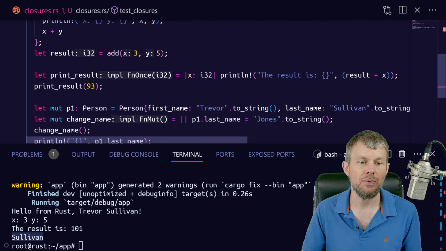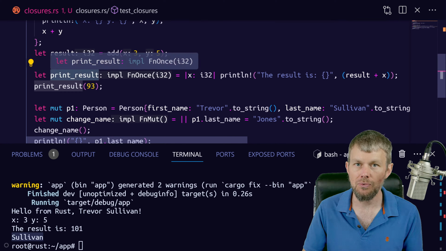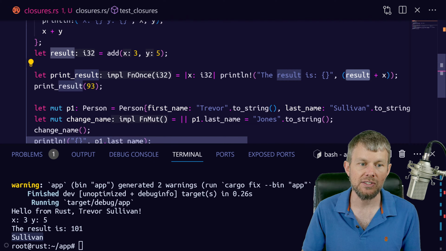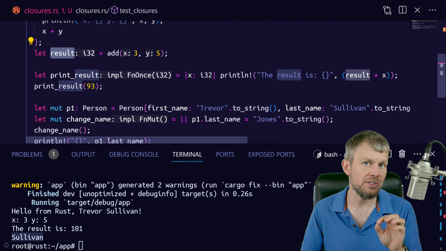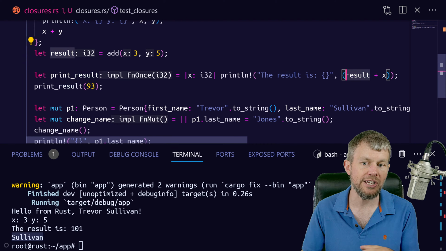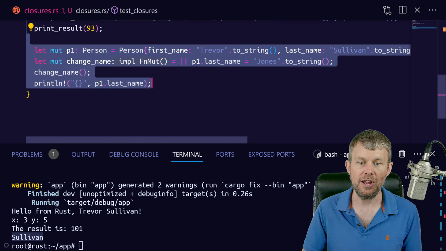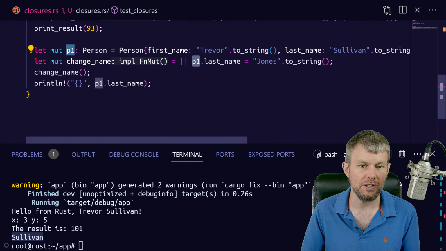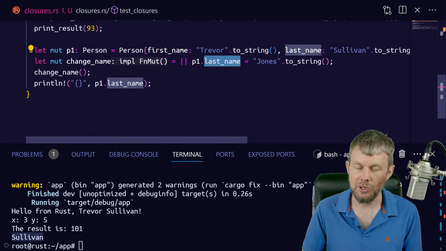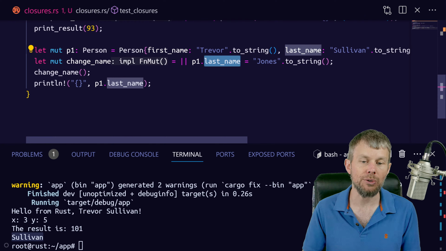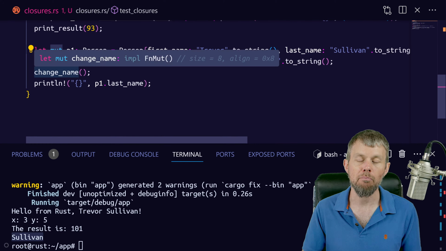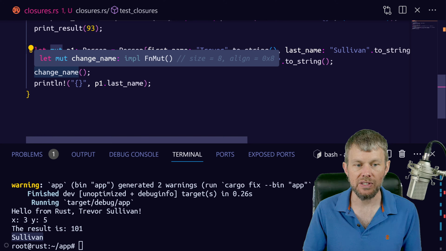So this is very different from when we were just reading a value from the parent scope, like this right here, where we do print result and we access the result variable. But this is a read-only operation. We're not mutating result in this example. In this example, though, we are mutating the P1 object right here, which is of type person, the person struct. We're mutating the last name field of that struct, and therefore we have to mark the closure as mutable as